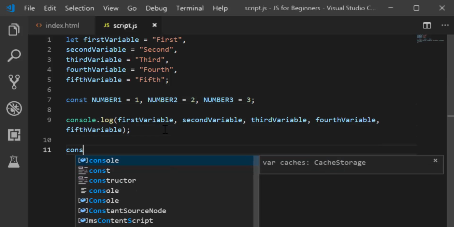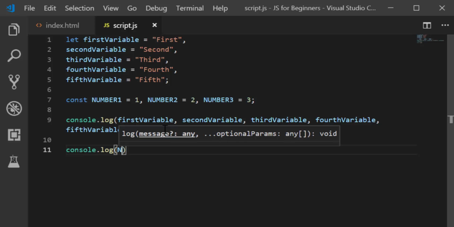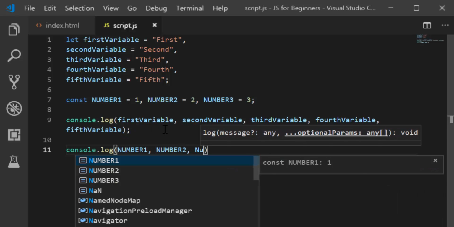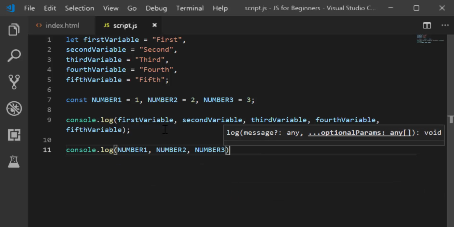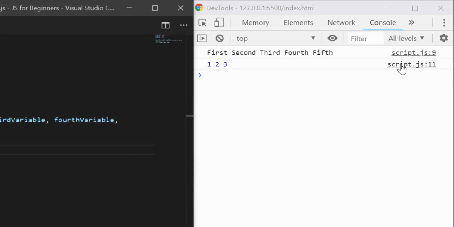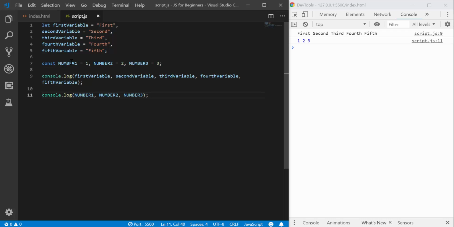And now I'm going to console.log number1, number2, and number3. And it works. See here in the console, we have 1, 2, and 3 coming from here